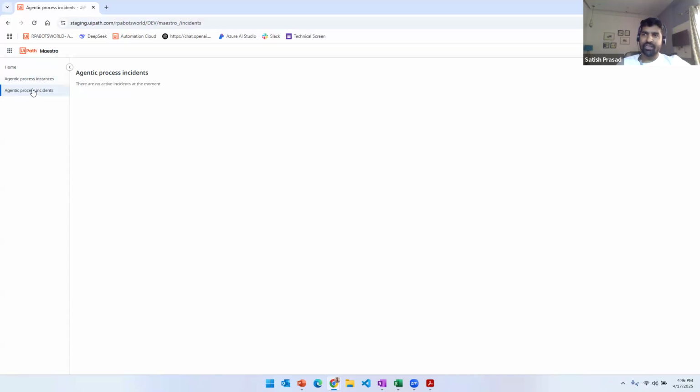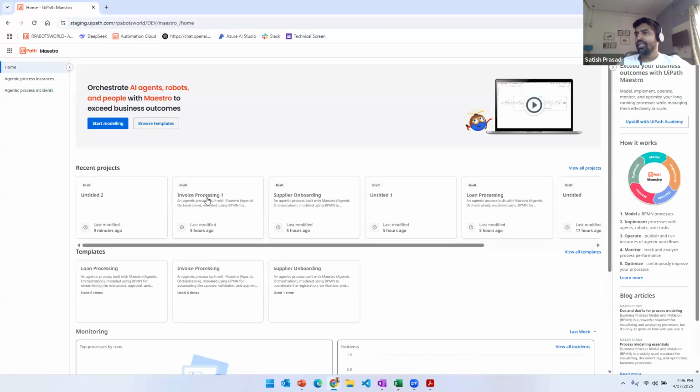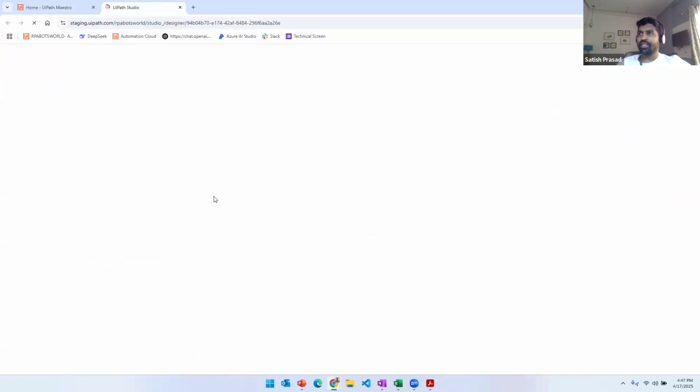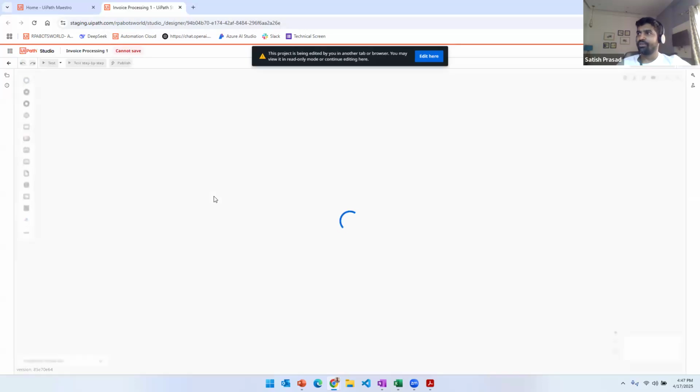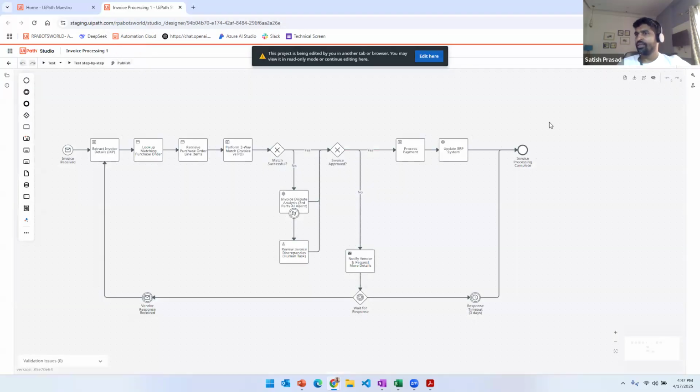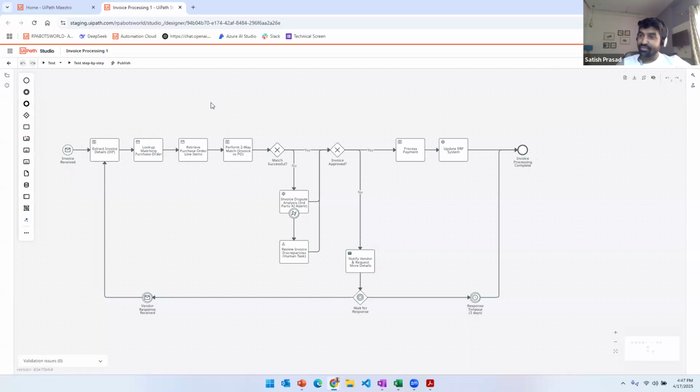It went live only a few days back, I mean, 3 days back, so we still need to explore more. But what I'll do quickly is go to this particular example and show how you should be able to run it. It is very similar to the experience that we have in Studio Web, right? This is the same Studio Web kind of unified interface.